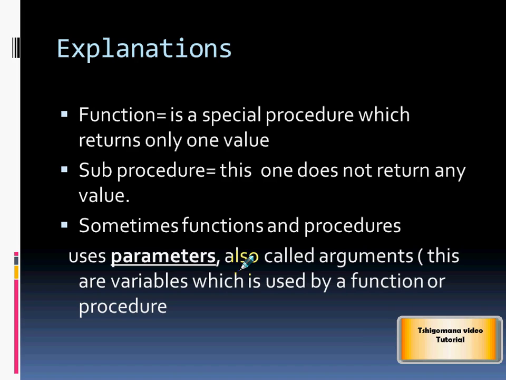Now, when do we use the word parameter and when do we use the word argument? This can be explained as follows. In the function itself, we use the word parameter, but in the calling statement, we use